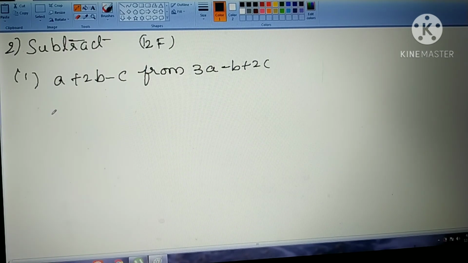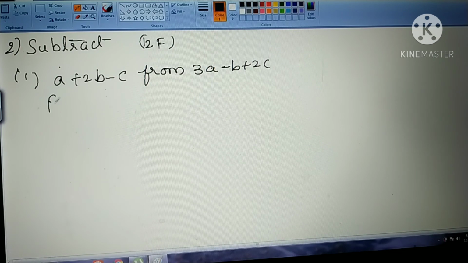So now see this one. Here also you have to subtract, but we have 3 terms. In one algebraic expression we have 3 terms. So it is a combination of different variables. So while doing this problem, we have to carefully observe the like terms. So subtraction will be done only between like terms only.